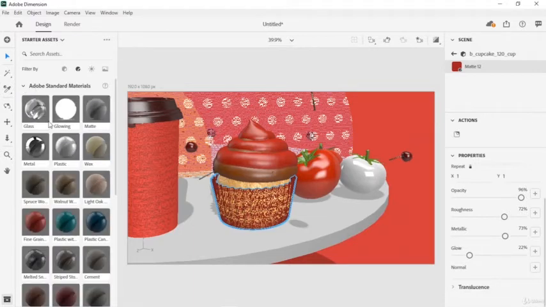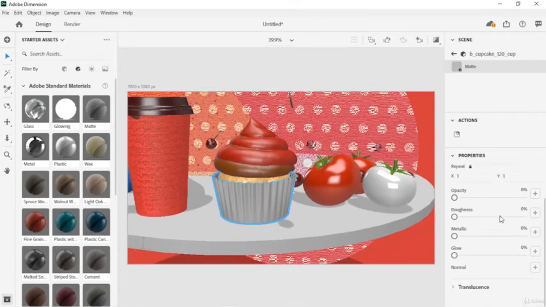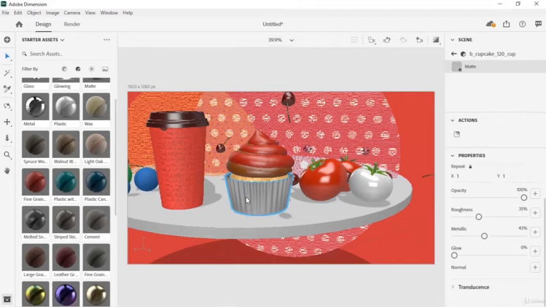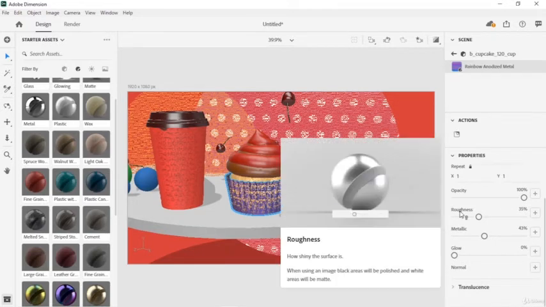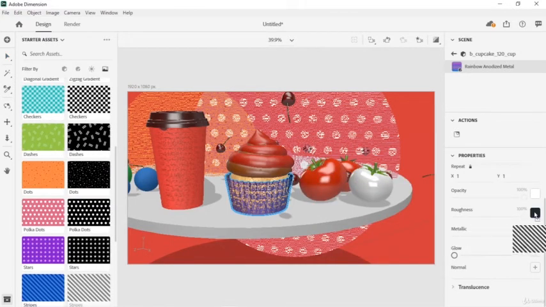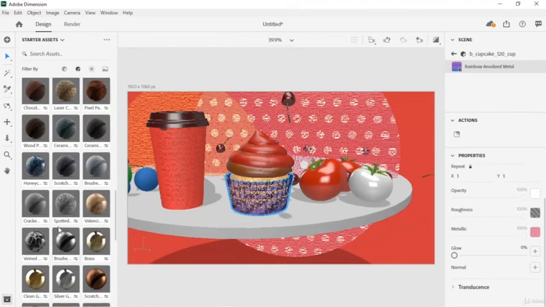The properties for the two formats are different. The Adobe Standard Materials will always have the same properties. It's the variation of the properties and the image that create different material looks. You can hover over a particular property to learn more about what each property does. You can also use an image to control many properties. Base color can use a colored image, while other properties use black or white to create a mask of the property effect.